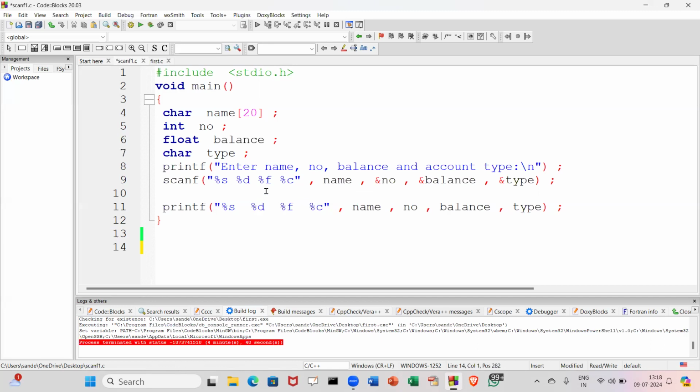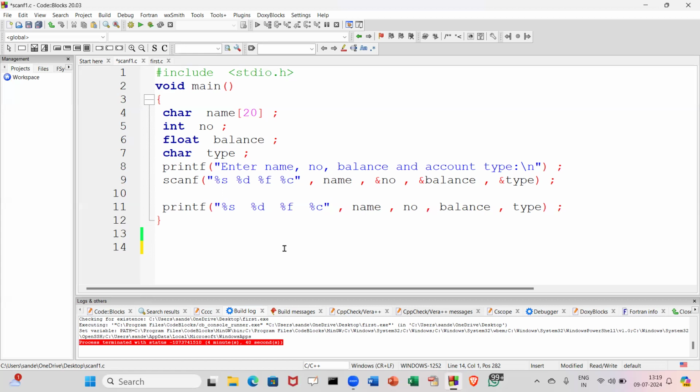So in this program, there are some variables: name, number, balance and type. Now the thing is, ये सब क्या है? So let's understand this. So we assume as if there is a person. This person will obviously have a name. He has an account number. उसके अकाउंट में कुछ बैलेंस रहेगा और अकाउंट का कुछ टाइप रहेगा। ओके, सो टाइप का मतलब होता है या तो सेविंग्स अकाउंट या करंट अकाउंट या डीमैट अकाउंट।